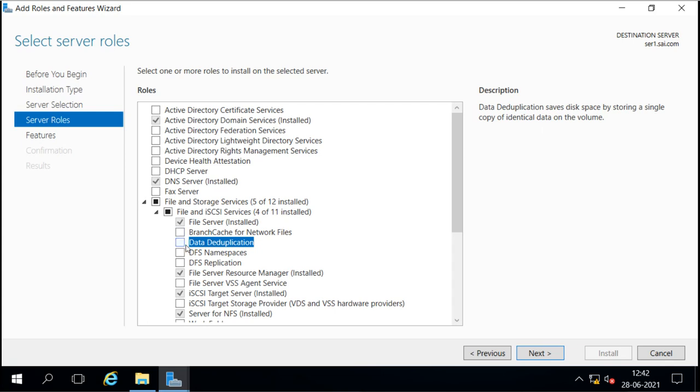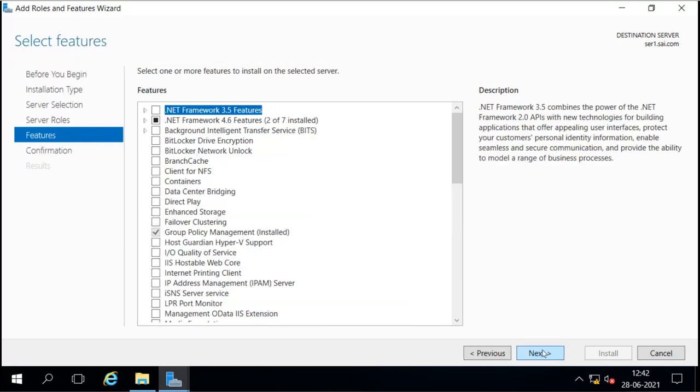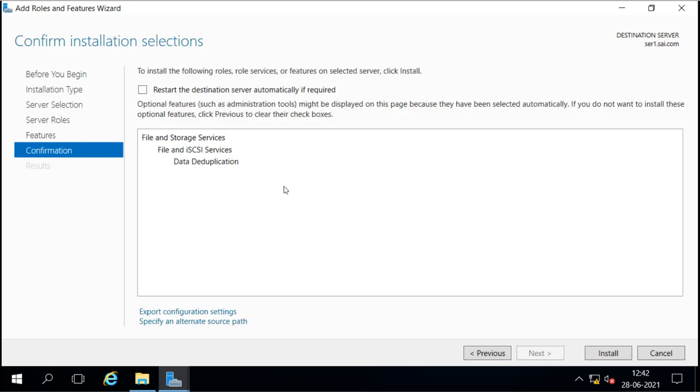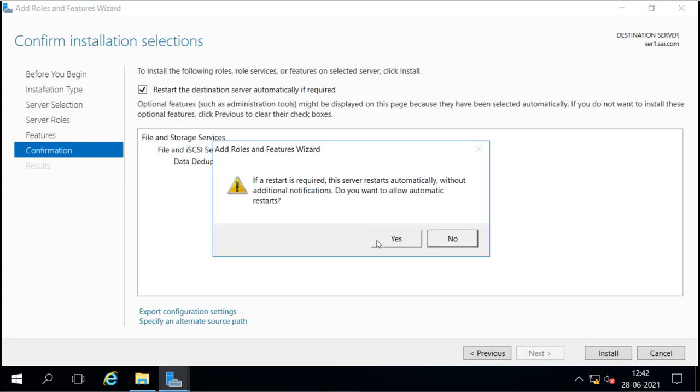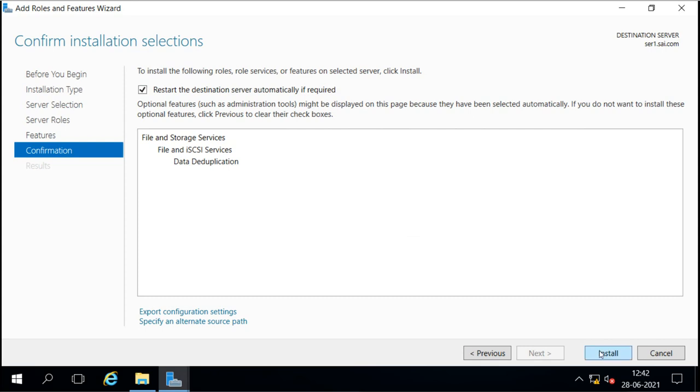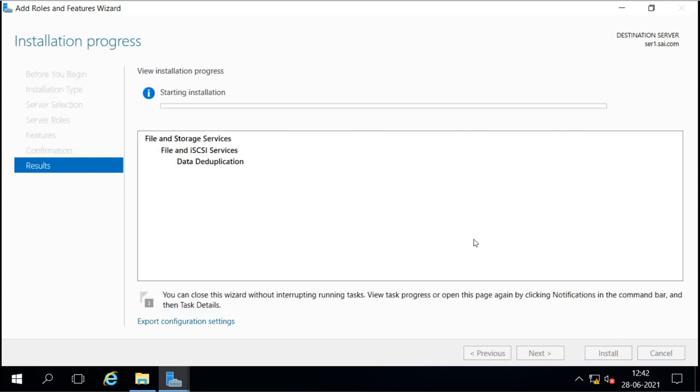I select it, click next, no feature needed, restart if required, and then install. After installing, the data deduplication option is available, and we can enable it, enable the job, and configure the schedule also.